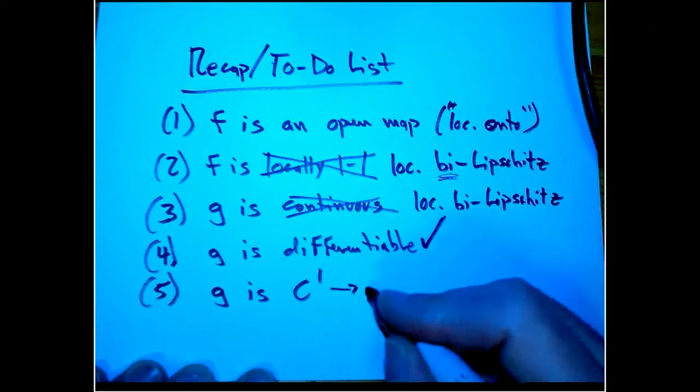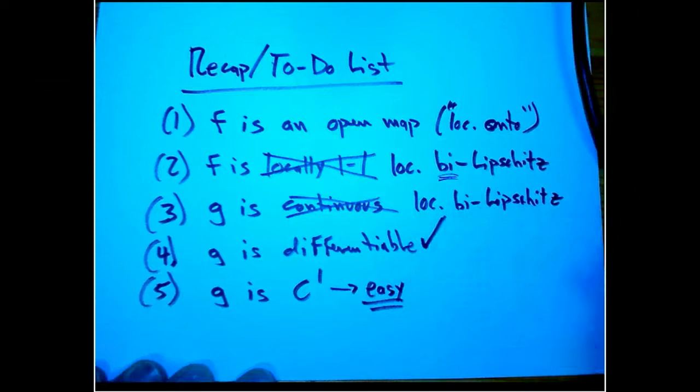G is C1 is actually going to turn out to be easy once we have all this stuff, and I'll do that before we go back to the real deep part of the proof. Okay, so